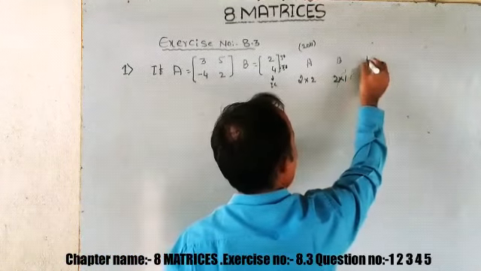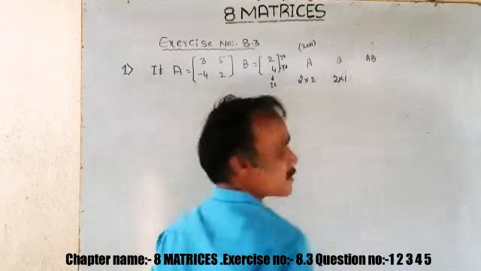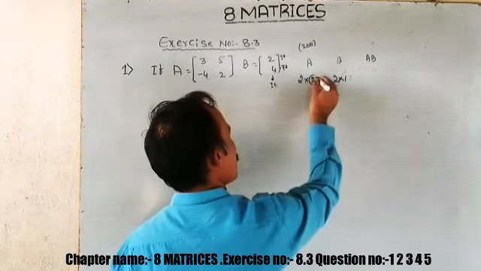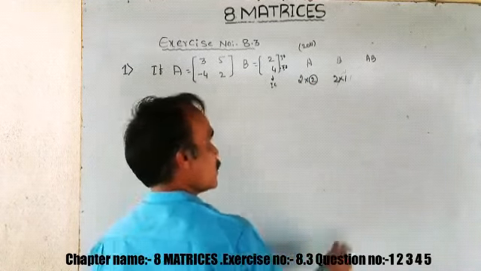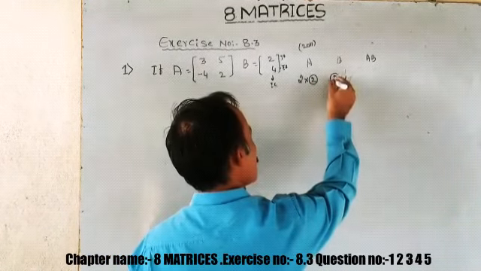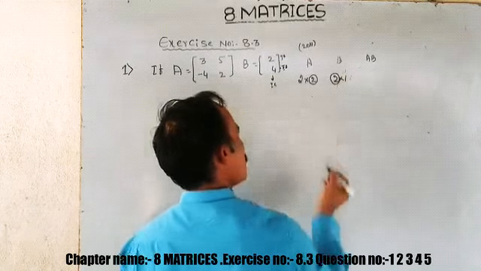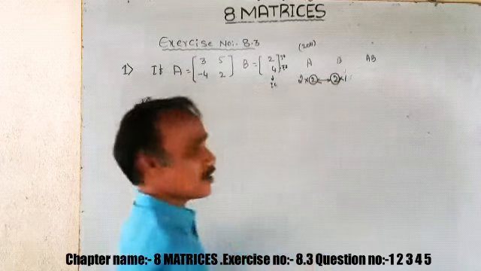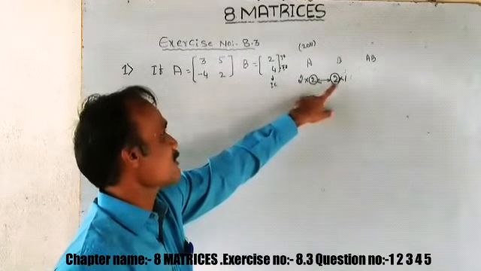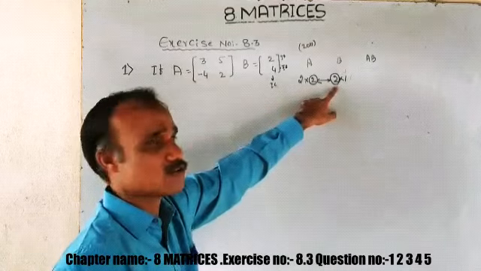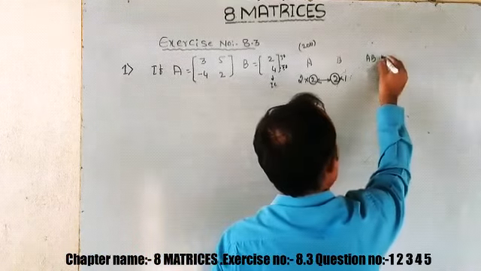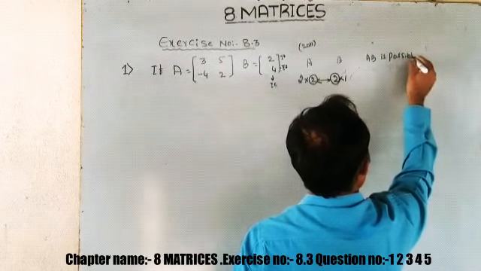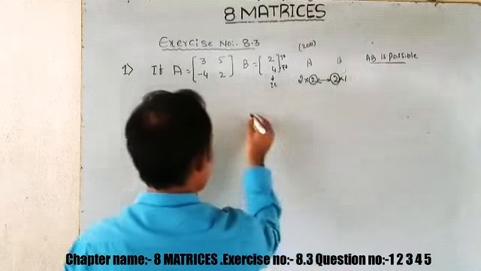Now we have to check whether AB is possible or not. Just now I told you: the number of columns of the first matrix is the same as the number of rows of the second matrix. Here also 2, here also 2. Therefore, AB is possible. The answer is AB is possible. What is the reason here? So the reason